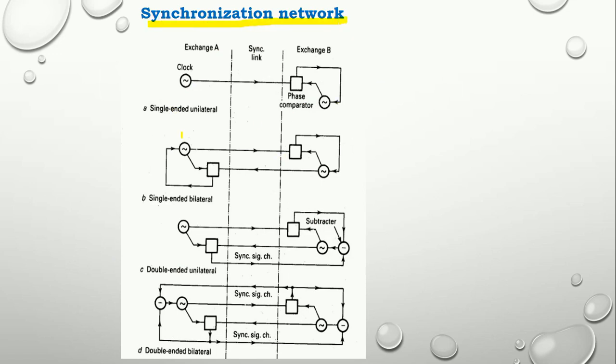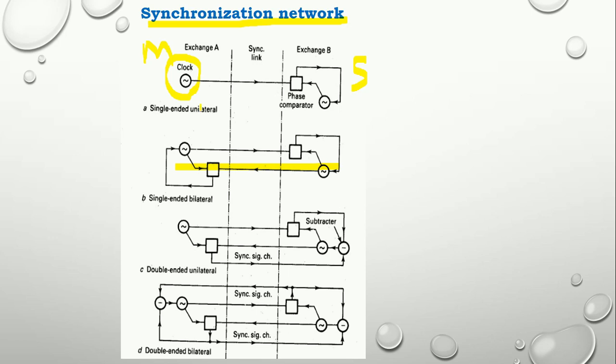You can get an independent question on unilateral network and bilateral network, or simply single-ended unilateral or single-ended bilateral network. The thing is, you need to remember the diagram. So here you'll be having common control and you'll be having exchange, that means mutual understanding control. In a single-ended unilateral and in a single-ended bilateral, there is a difference between the connection. In a unilateral, you will be having one clock which will act as a master and which will control the slave also. So this becomes master and this becomes the slave. And here there will be a mutual understanding in the bilateral network,